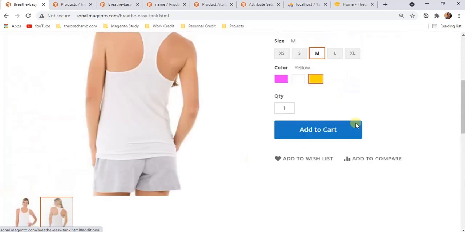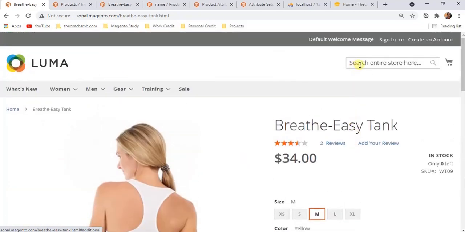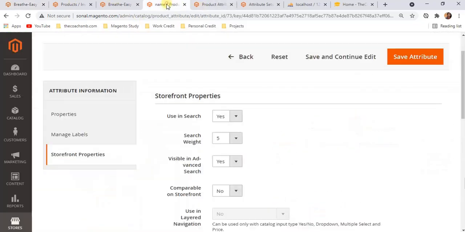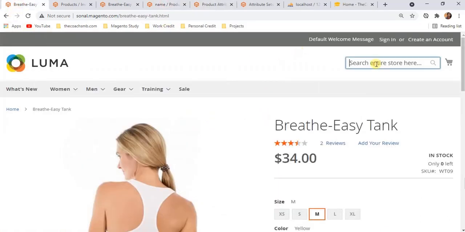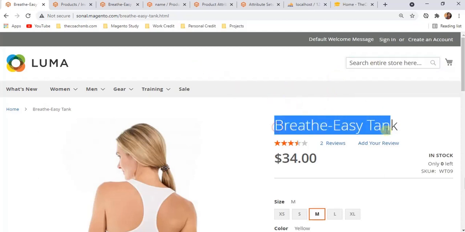If we select yes in use in search, then we can search the product with that attribute. For example, the name attribute is searchable, so if I copy and paste Breathe Easy Tank here, this product will be in the result.